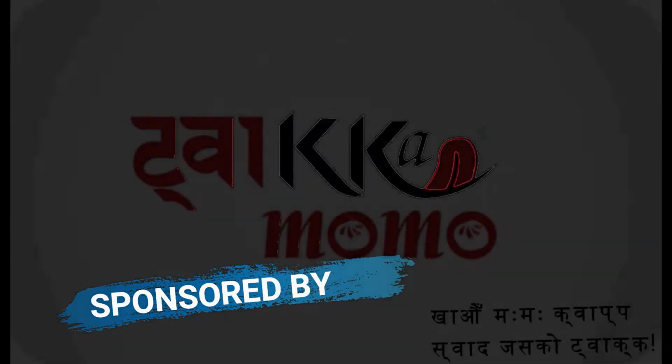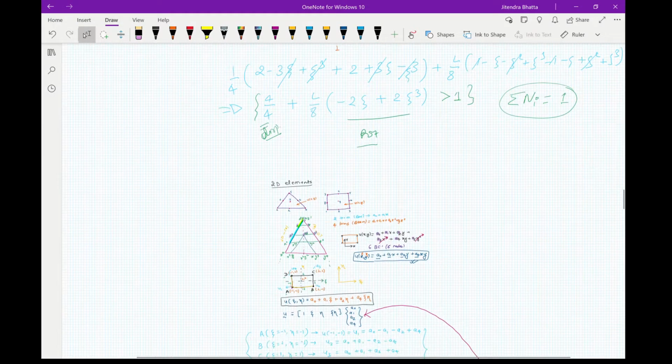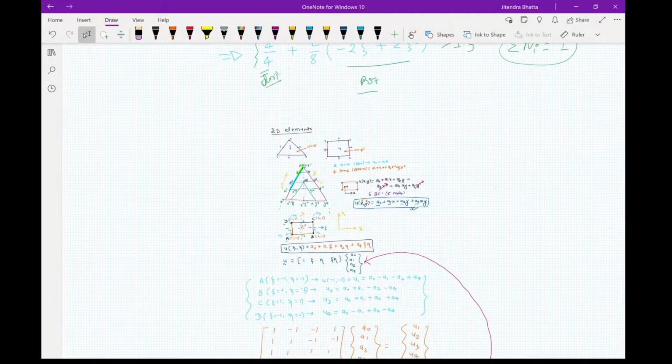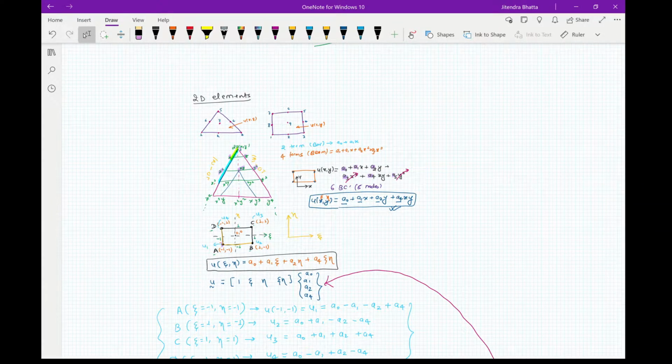Hello everyone. In the last session, we looked into the shape functions of beam element in terms of Cartesian coordinates, which are in the form of x, and in the form of natural coordinates, which is the xi or s. And also we looked into the derivation of the shape functions for the nodes in a 2D element, such as the rectangular one here,